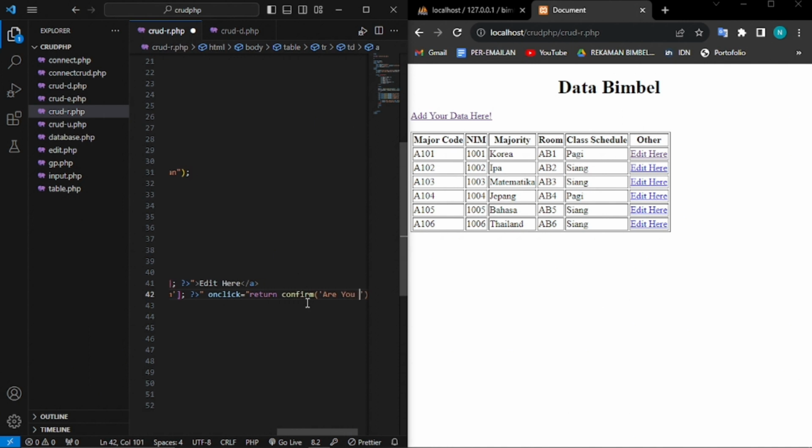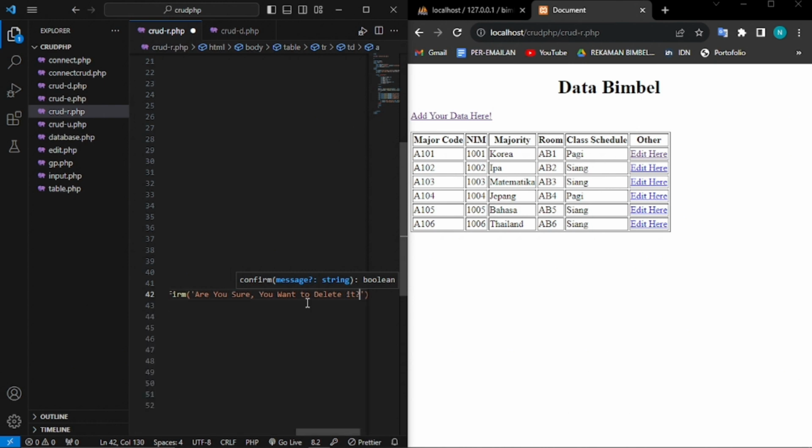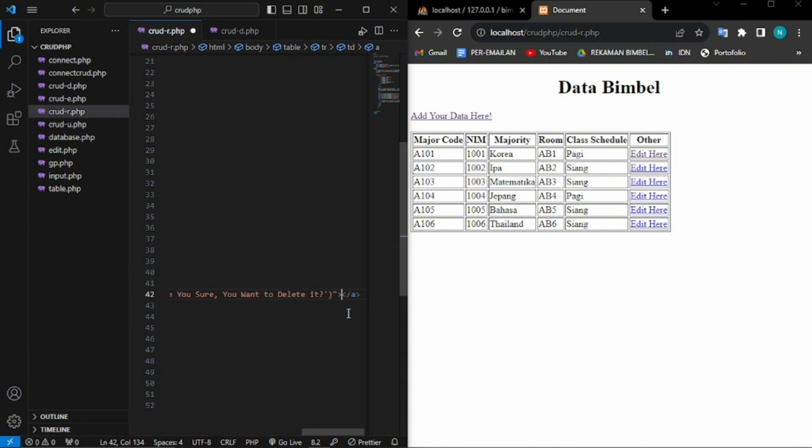Are you sure you want to delete it like this? And then you can just close it, and then delete. I'm gonna write delete here like this, and when you refresh it,